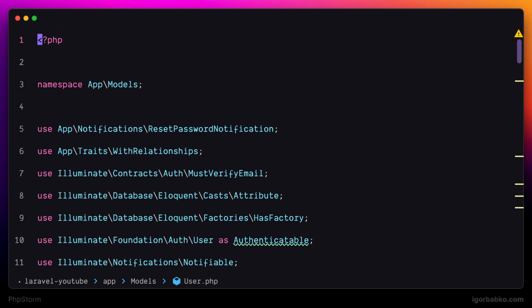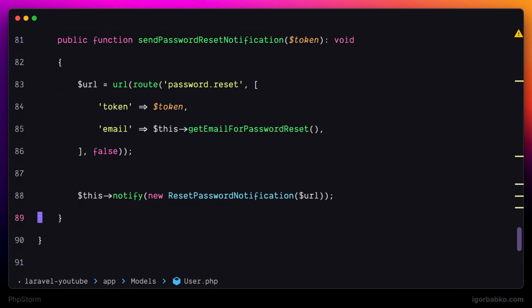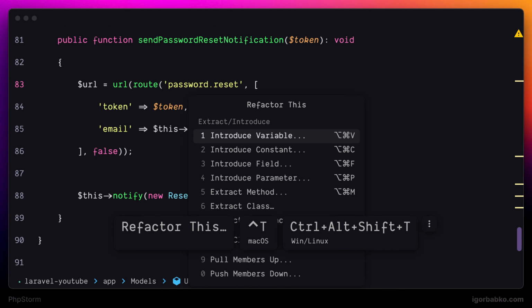JetBrains IDEs have powerful capabilities when it comes to refactoring. And the main keyboard shortcut that opens up menu with refactorings is Ctrl-T. After pressing these keyboard shortcuts, we'll get such a list with all possible refactorings. And now we are going to review some of these options, and we'll start with the first one, which is